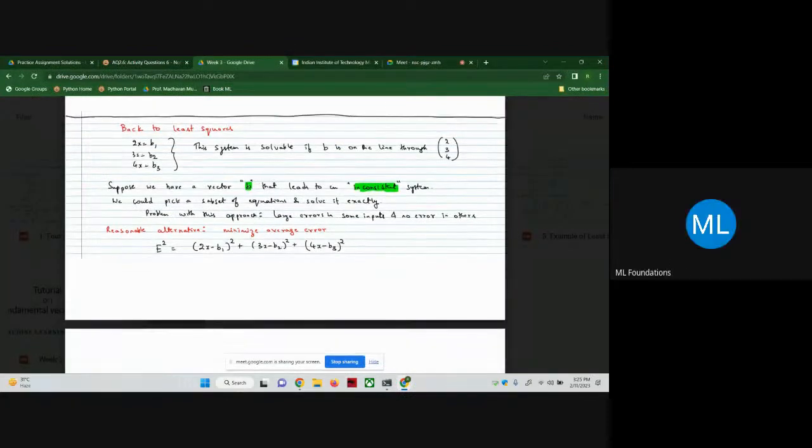So here, for this particular system of equations, that is 2x equals b1, 3x equals b2, 4x equals b3, this will only be possible if b1, b2, b3 belong to the line passing through 2, 3, 4. That is, if the vector b equals alpha times 2, 3, 4, then we'll have a solution. Otherwise, we will not have a solution. For example,